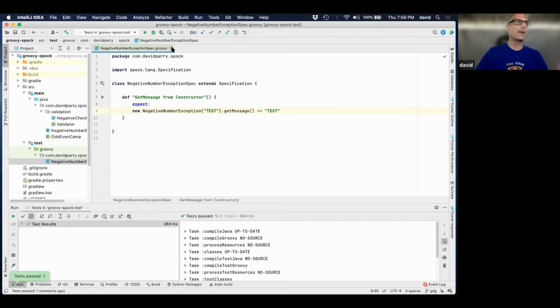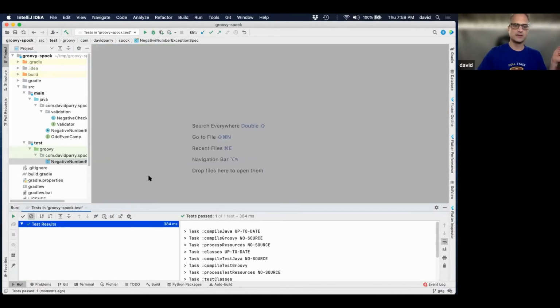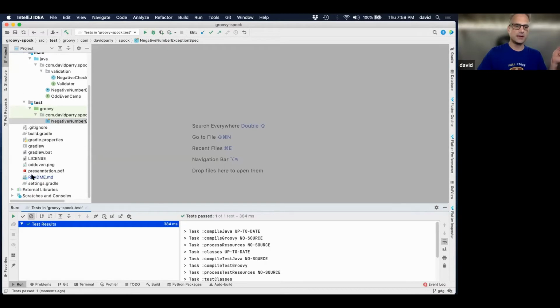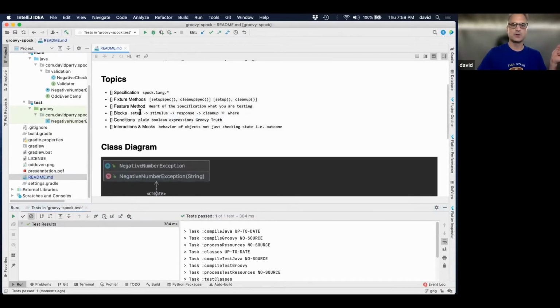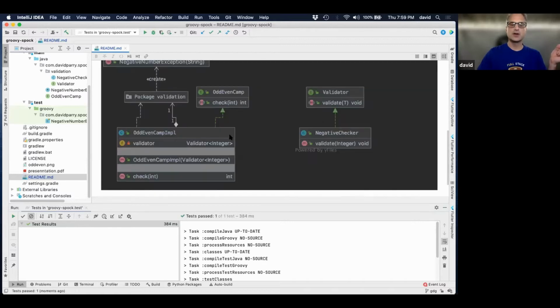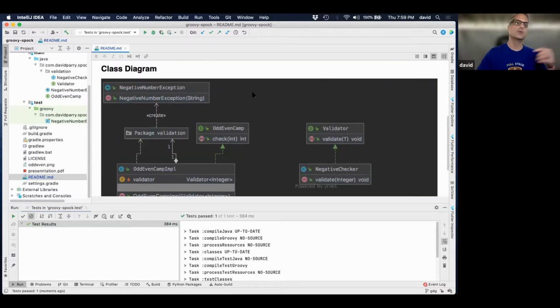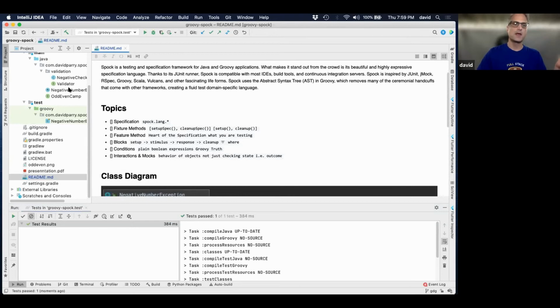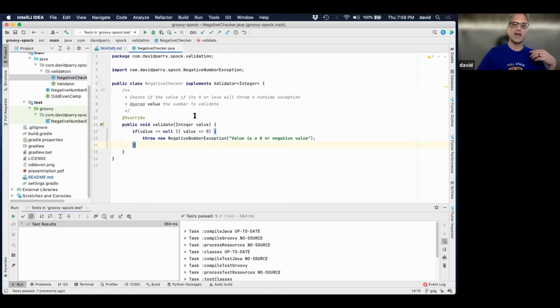So if we go back to the requirements, show me the README and make sure we stay up on this. We're going to talk about specifications. We go to the requirements. We need this validator. We need to see 0 or 1 or odd or even. We already know now the negative check. We have a simple validate call with a validate interface. It says I'm going to take an integer and see if it's null or if it's less than or equal to 0, and it'll throw an exception for us.